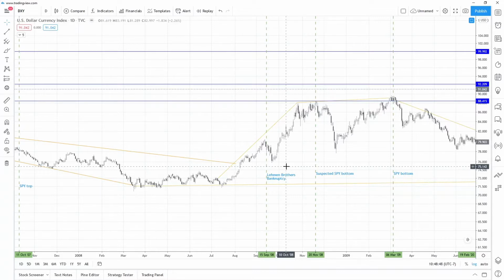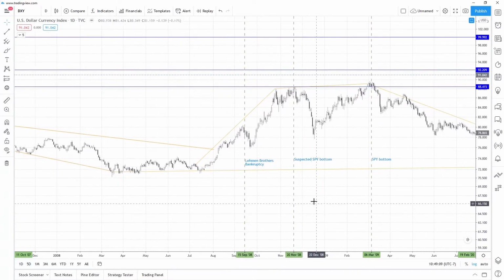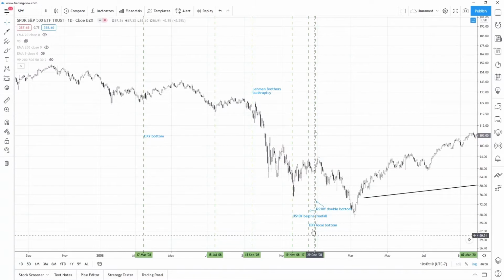So that may be where bonds comes in, but you have this downturn. We'll come back to that in a bit. You have this downturn in the dollar, and then it reverses and moves up until November of 2008. Now, if you go back to the SPY,